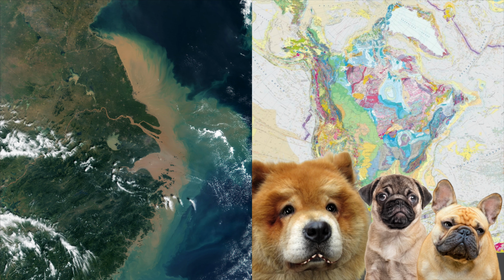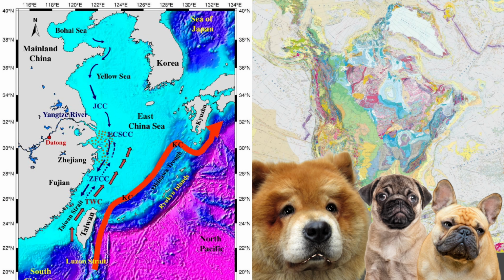You can see from this figure how the Yangtze River transports a lot of mud to the East China Sea. Some is deposited at the river's mouth, and some is transported down current between Taiwan and mainland China. Here we see the ocean circulation patterns around Taiwan as determined by researchers from Communist China. You can see very clearly the direction the mud from the Yangtze River is traveling, down into and through the